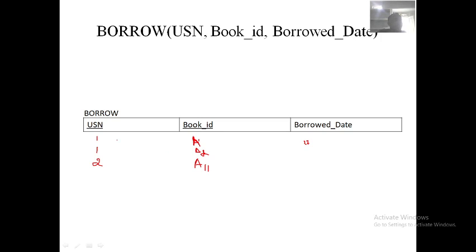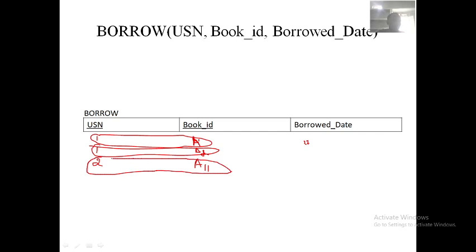Okay, and students can take, same students can take multiple books. So here first student and A1, it is one transaction. Again first student with A2 book, it is a second transaction, and this is the third transaction.